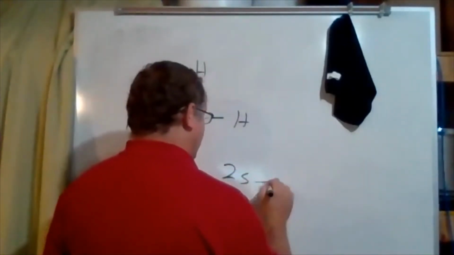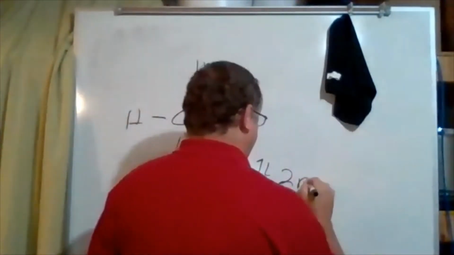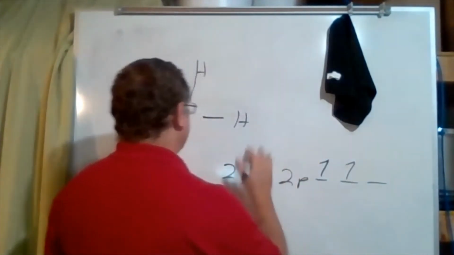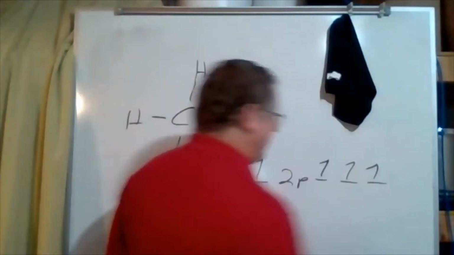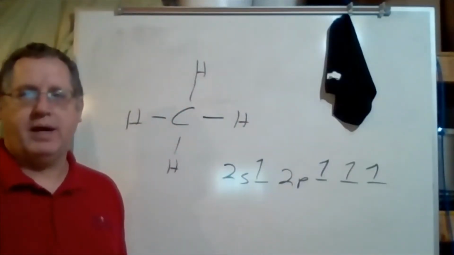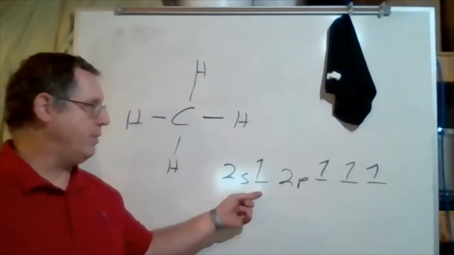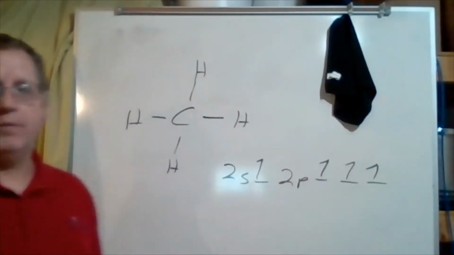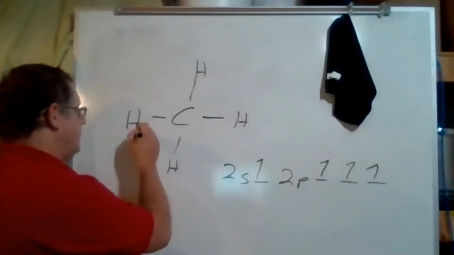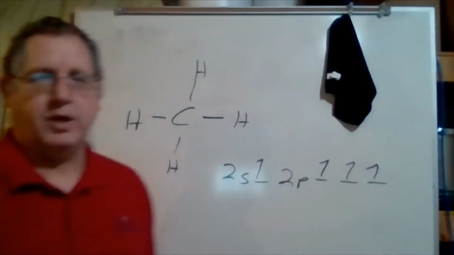But in the 2s, I've got 2 electrons. In the 2p, I've got 2 electrons. Well, I can take and show one of these in the 2p, but according to this, one of these bonds should be different. Okay, I should have 1 that's formed from a 2s orbital and 3 that are formed from 2p orbitals. But in reality, all of the bonds in this particular one are identical to each other,